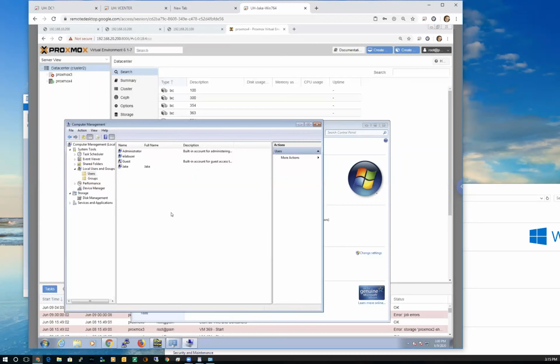So if this was a real computer and I wasn't connected to a domain or my domain controller went down, I could at least log in as this user Jake that I just created and surf the net or do something on the computer. Highly recommend that you do that.